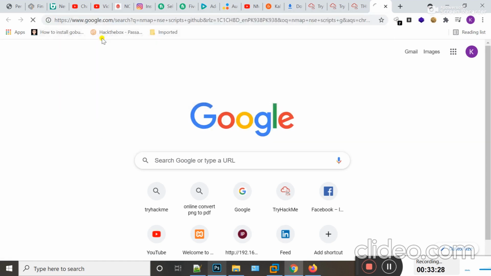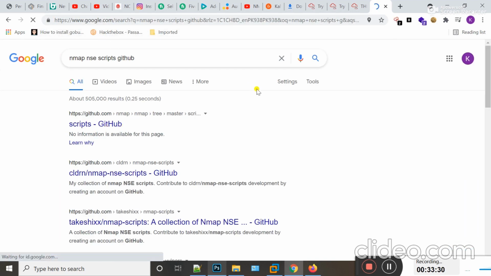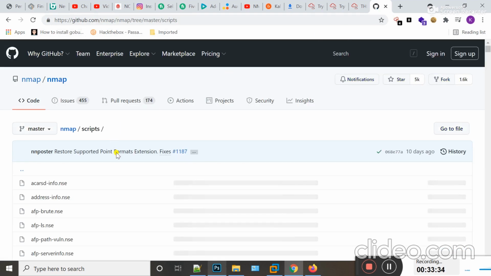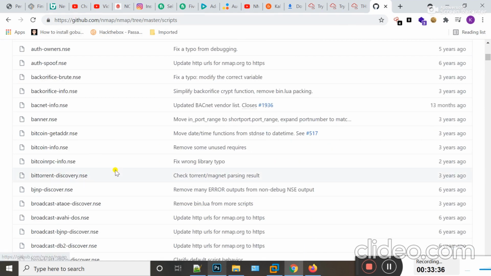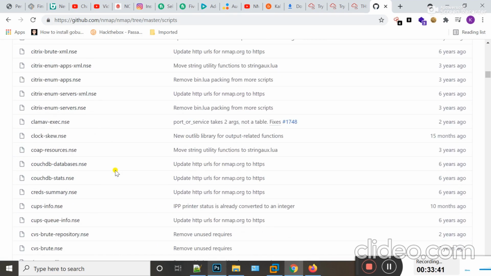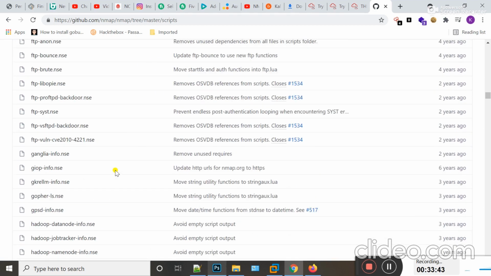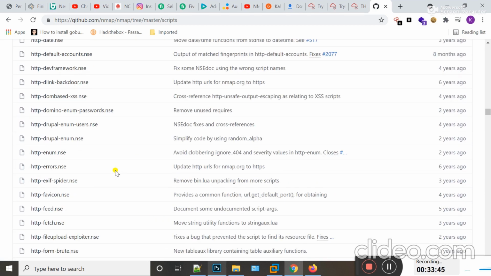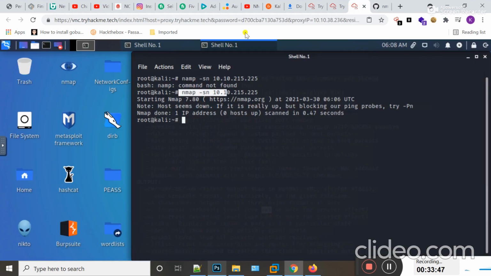You can download all these scripts from here. You can also download these scripts by apt command. Here you can see a lot of NSE scripts which you can install in order to find more details about your target machine. All these scripts are present here. You can use these scripts.